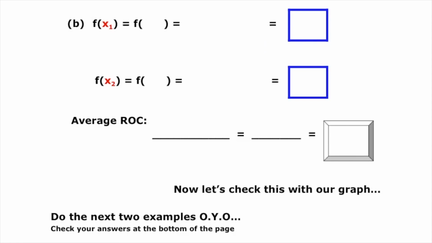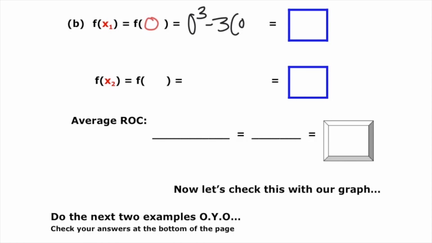Okay, as we go on to example part B here of example 6, we're given just some new values for our x1 and our x2, but the process is exactly the same. So again, find f of x1, or in this case f of 0, and f of 0 is going to be, as we just got before, remember, that's going to be 0 cubed